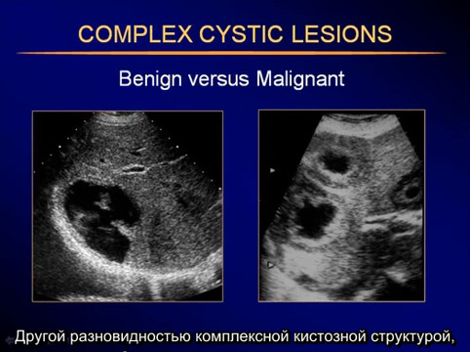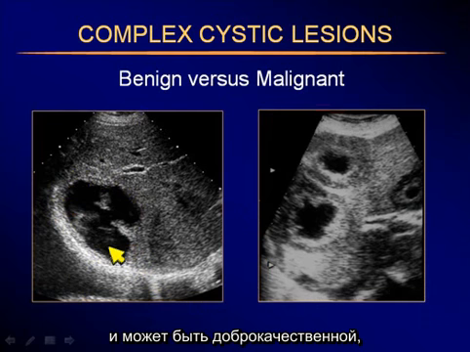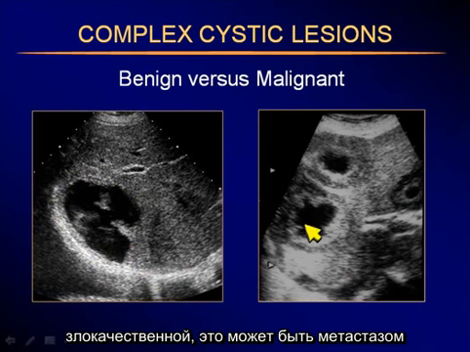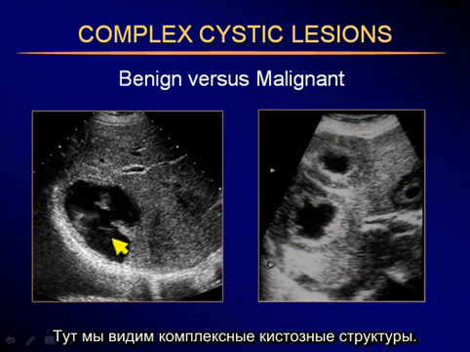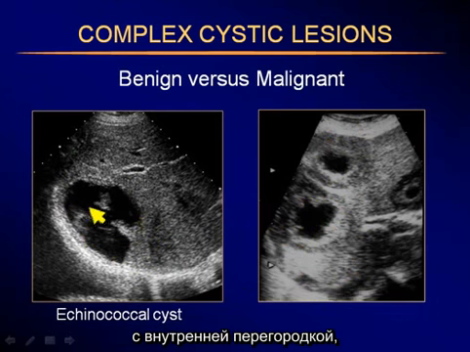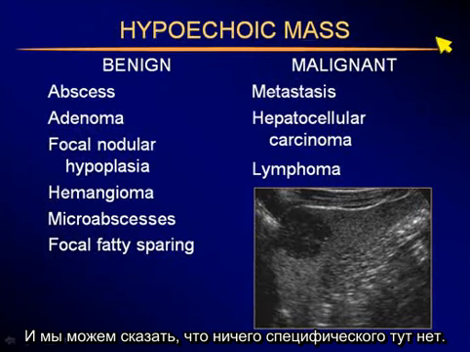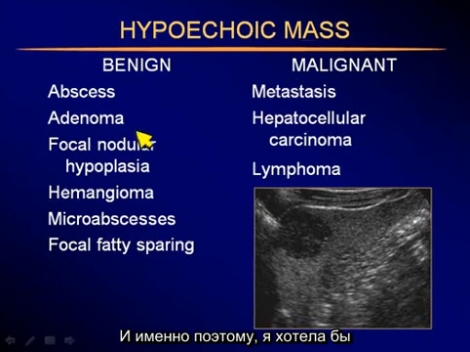Other complex cystic masses can occur. We can have benign, we can have malignant. This happens to be metastases that are complex cystic lesions. This one is an echinococcal cyst with internal debris. This one, metastases. So we can't really tell, there's nothing specific. So that's why I'd like to make